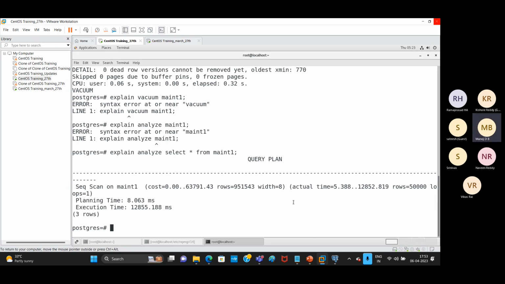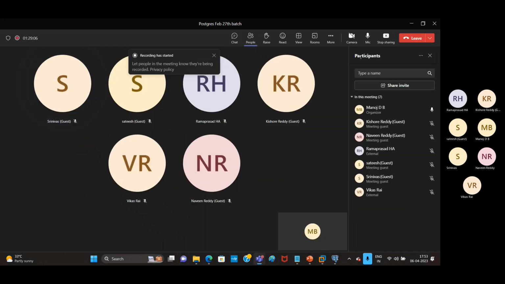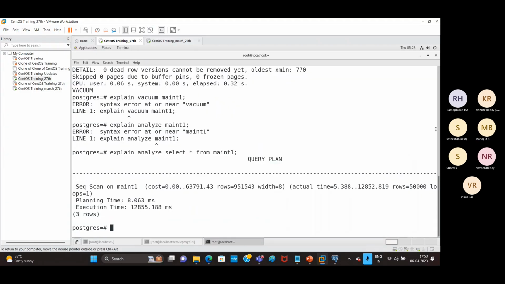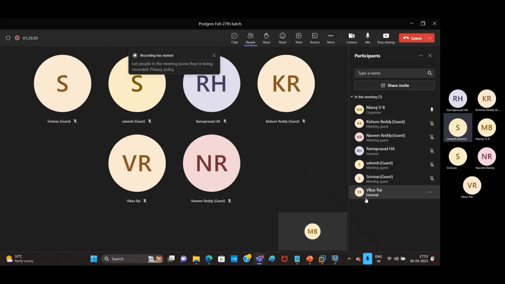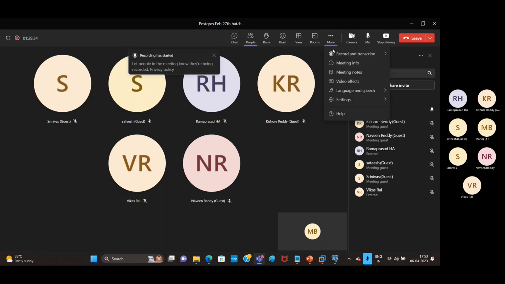I hope you guys understood, right, guys? Does anybody have any doubts here? Naveen, Srinivas, Kishore, Satish, Vikas, Ramprasad, anybody have any doubts here? Okay, guys, I'm going to